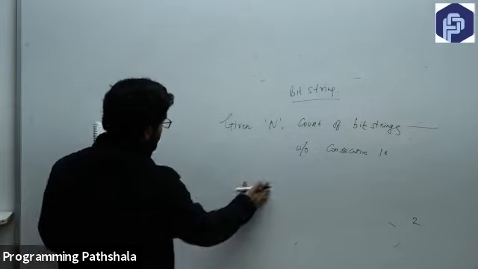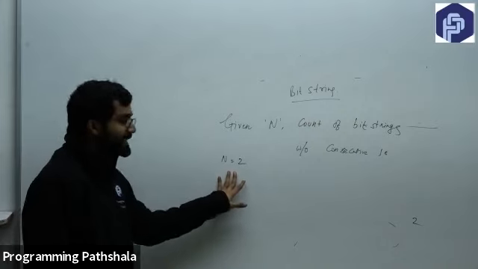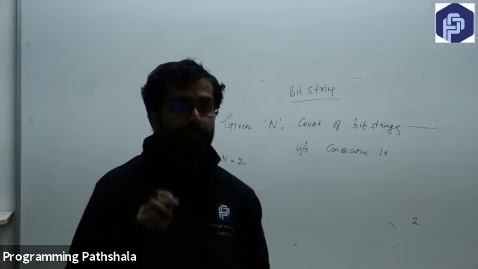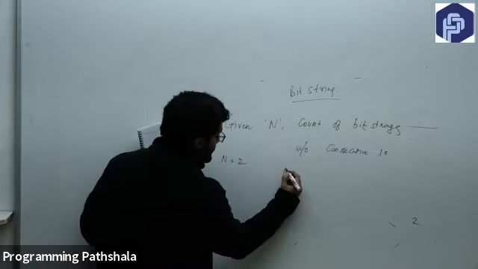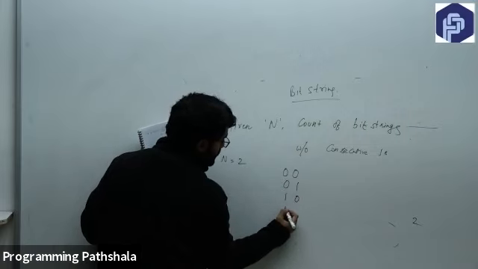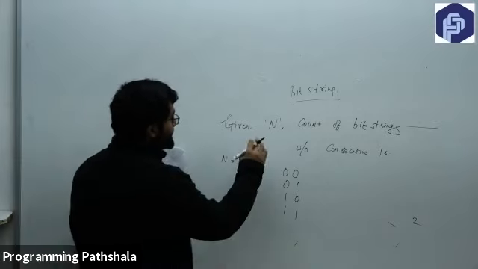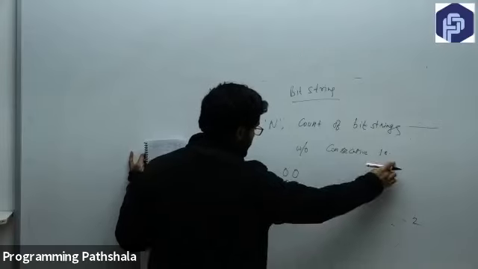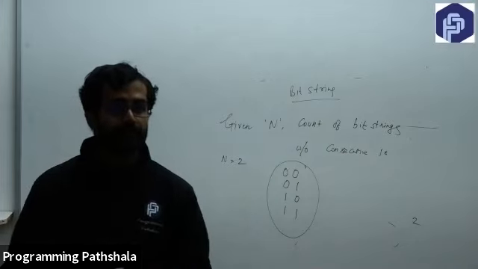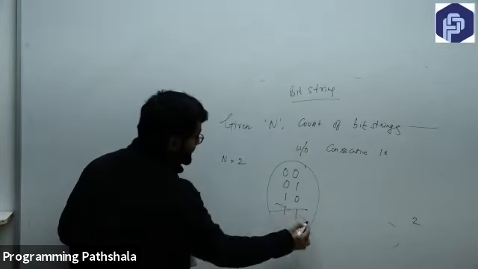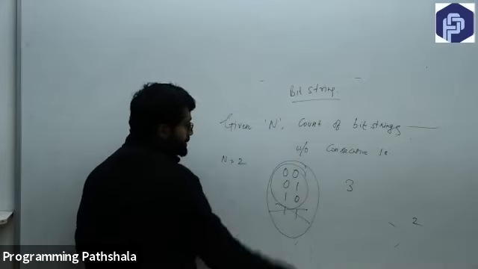So let's say my n is equal to 2. Can you tell me how many bit strings of size 2 there will be? I can think of just 4 bit strings: 00, 01, 10, 11. Is that clear? Okay. Now the question says number of bit strings without consecutive ones. Is there a bit string in these which has consecutive ones? Yes, this is the one. So if I cancel this, I'll say that there are 3 bit strings of size 2 which don't have consecutive